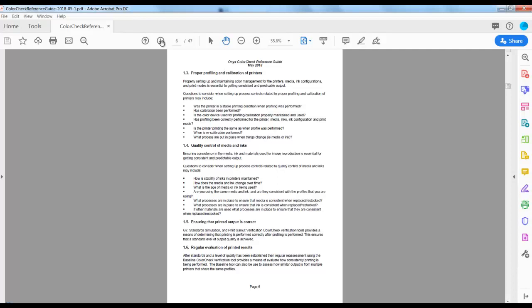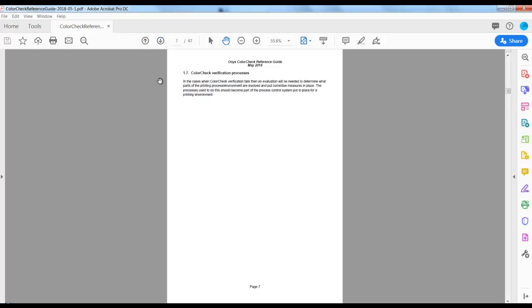Going through these certain standards, we can develop our very own workflow for our process control. Once we've established a good environment and printer condition, we can then generate the different types of test targets and come up with our standards.